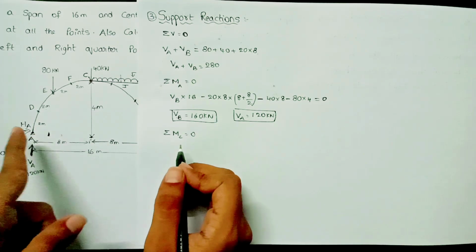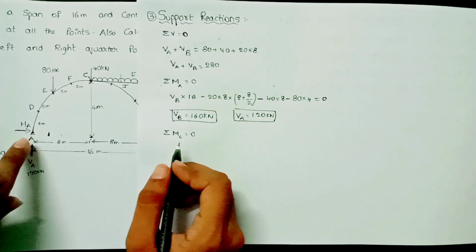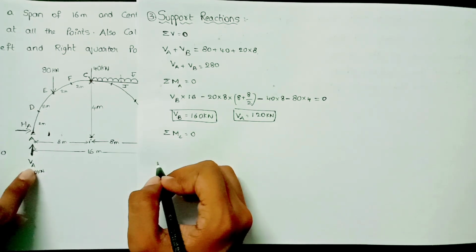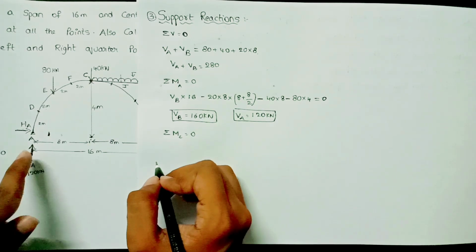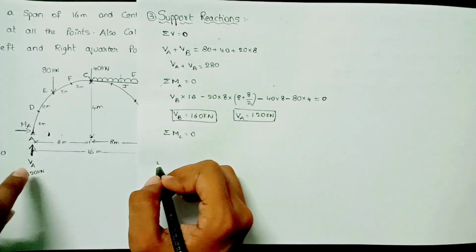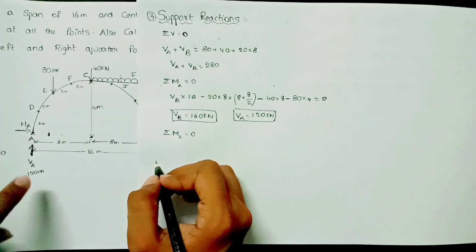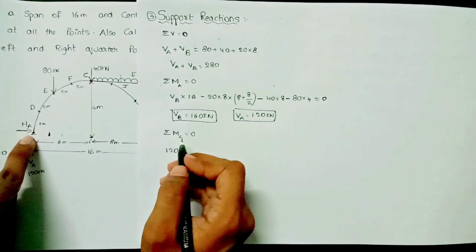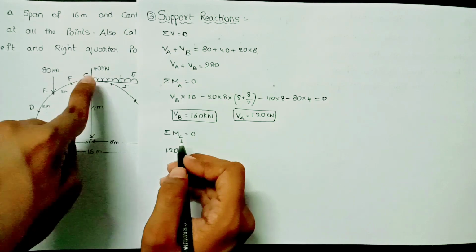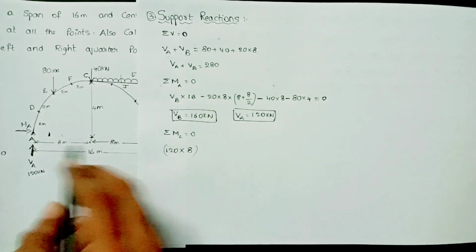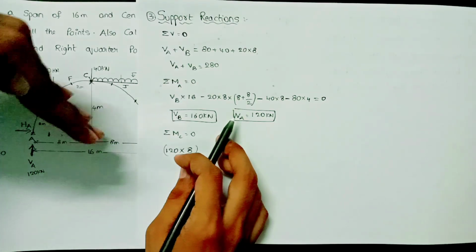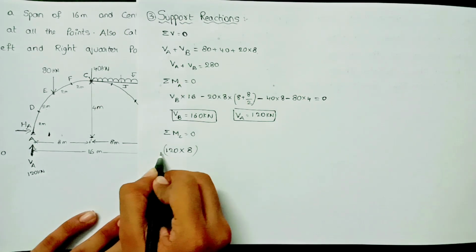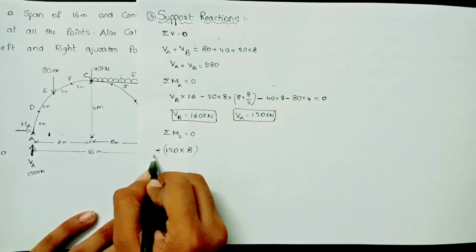Now you can come from either left side direction or right side direction. I am coming from the left side direction. First of all we are having a vertical reaction VA. We have to take the moment due to this reaction about point C. Moment equal to product of force into distance. This is the reaction 120 kilonewton into the perpendicular distance to point C, 8. This reaction is moving the arch in upward direction, so it is sagging moment, which means positive, so plus.